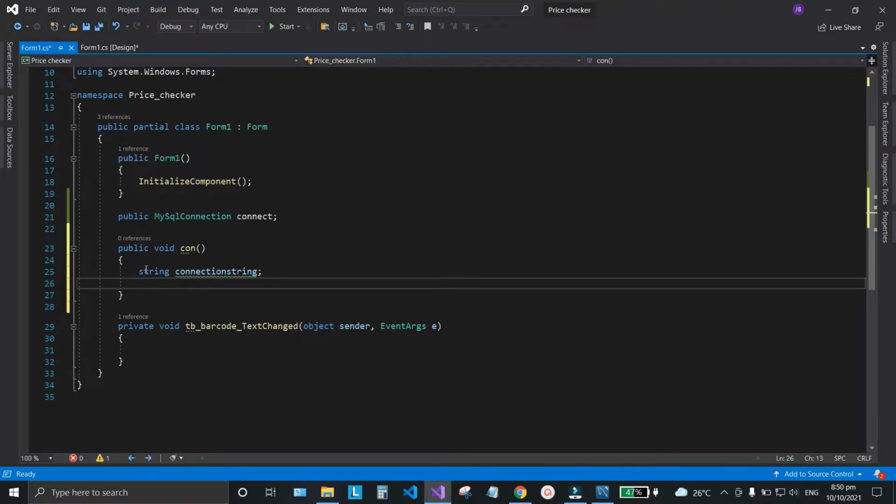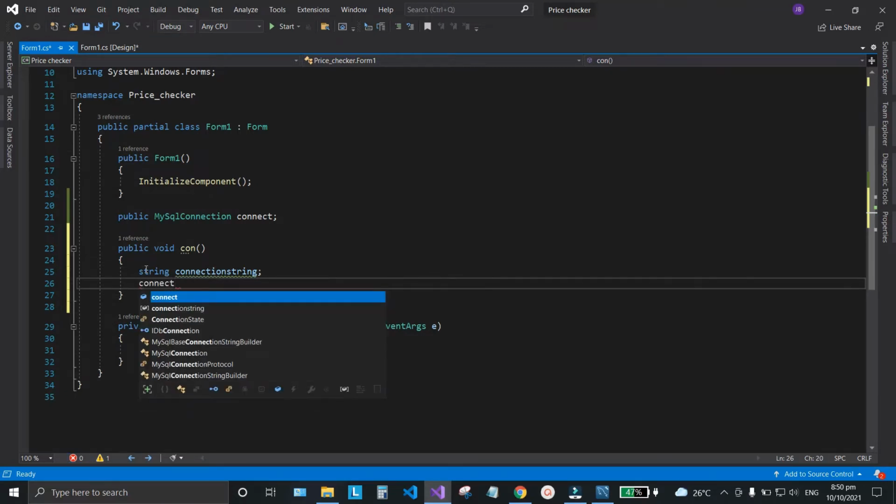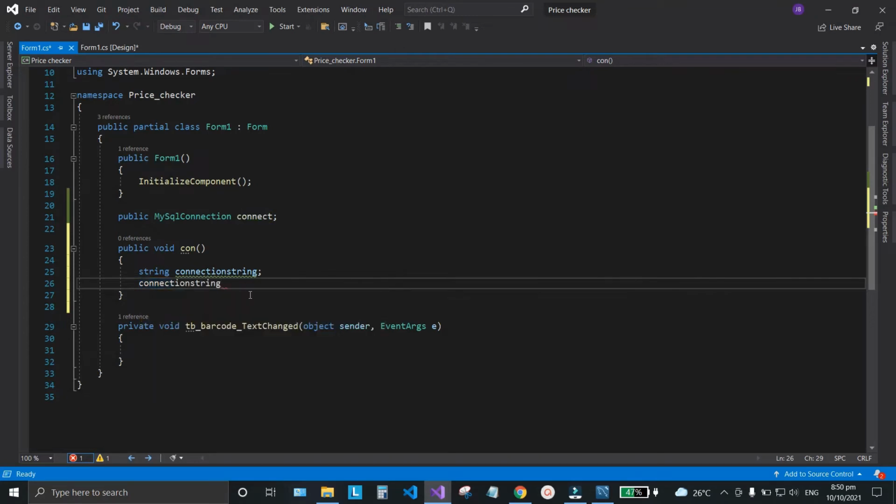After that, right here, connection string is equals to